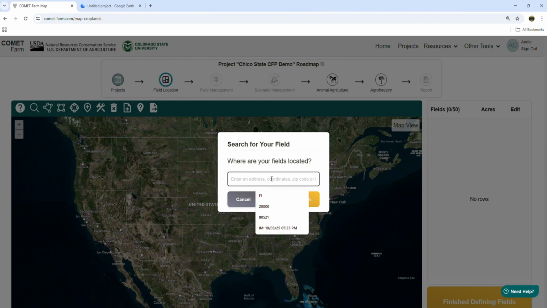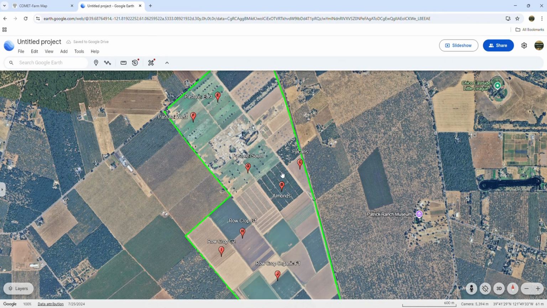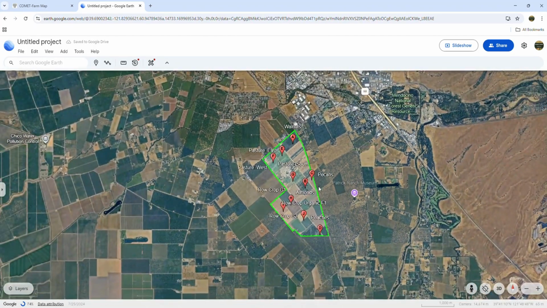And the first thing we want to do here is define our fields. You'll see this pop-up box allowing you to search for your field, and in this box you can enter a city, a zip code, latitude, longitude. In this case, again, because we're using the Chico State Carbon Farm Plan as reference, we're just going to type in Chico, California. I did have access to the Chico State Carbon Farm Plan.kmz file, so I've opened that in